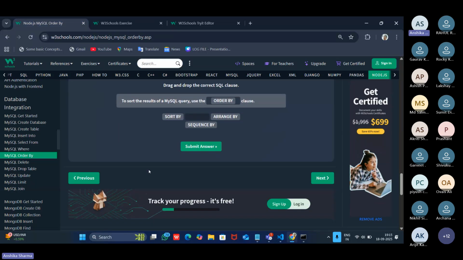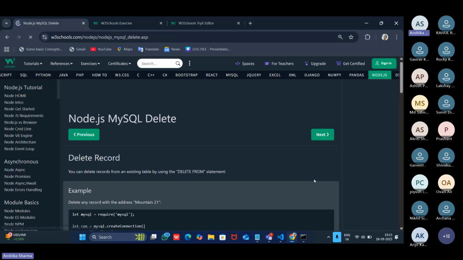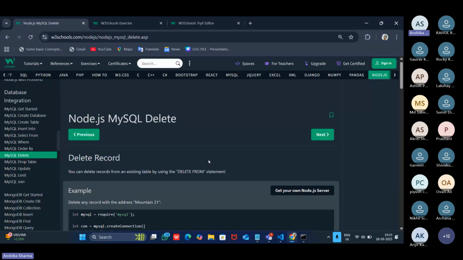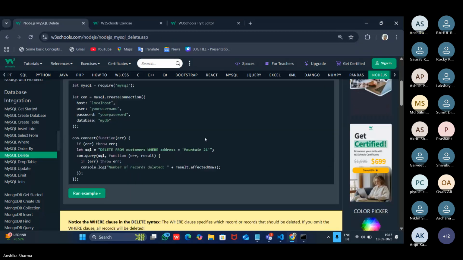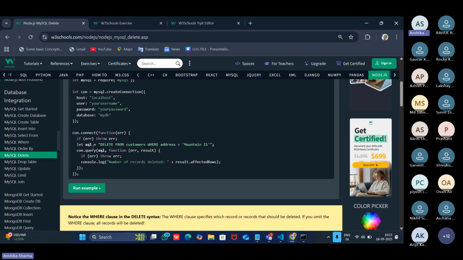So let's see the next query, which is MySQL delete. What this will do, as the name suggests, is delete the records from our existing table. So you can delete records from an existing table by using the delete from statement. Over here, they have provided the SQL query, which is delete from customers where address is equal to mountain